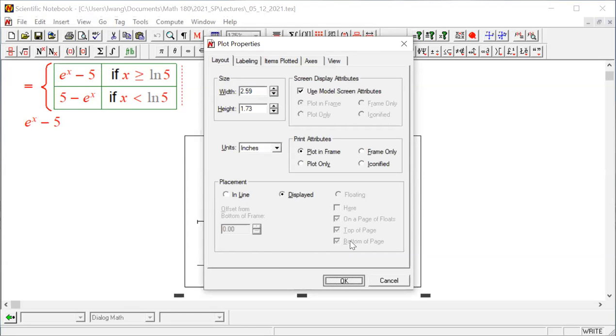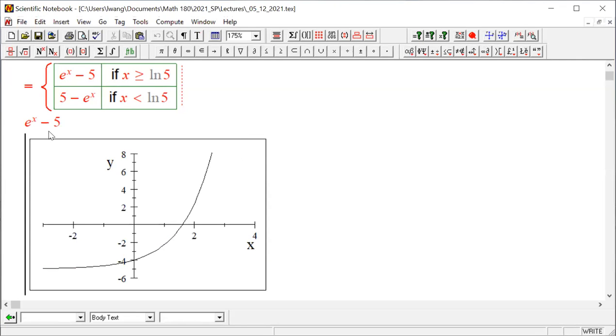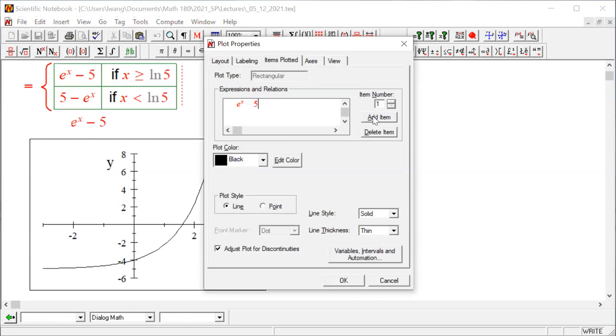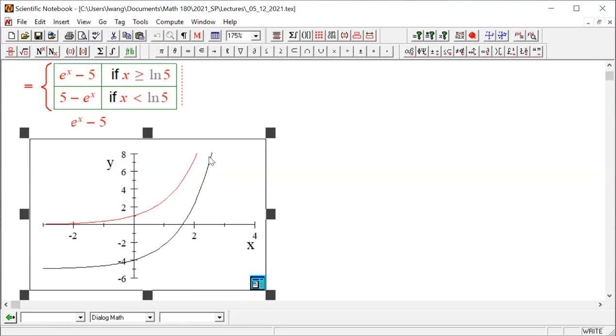Whether you do e to the power x or you shift it, however way you shift it, right? You know how to create this picture, don't you? When you need to sketch it, right? So it's a shifting from e to the power x. If you grab e to the power x, you know how that is shifted. You should be able to quickly process that. This is e to the power x, this is e to the power x minus 5. Now you have an x-intercept, y-intercept. And at this point, if you work with e to the power x minus 5, you get this picture